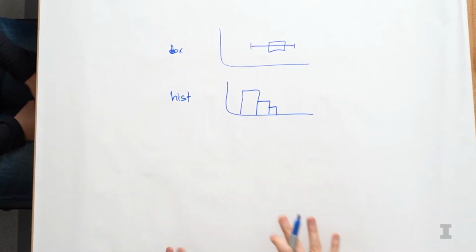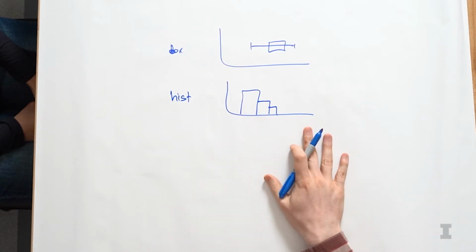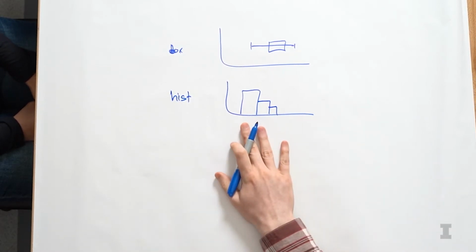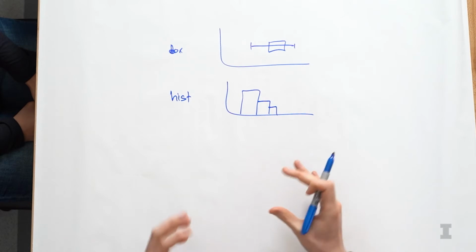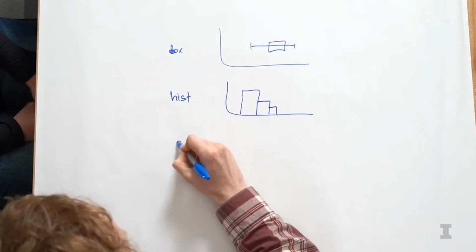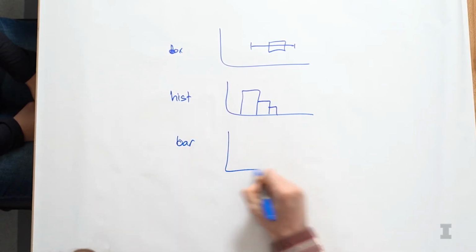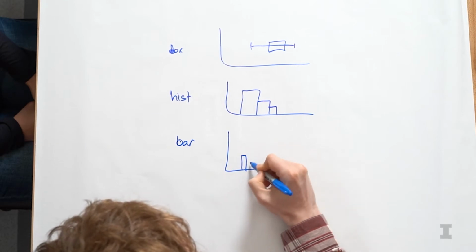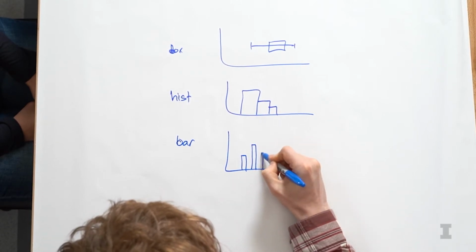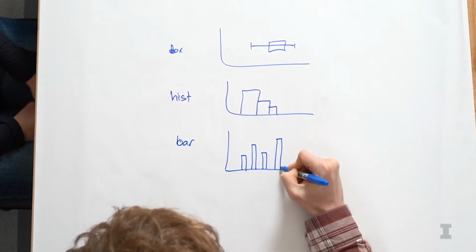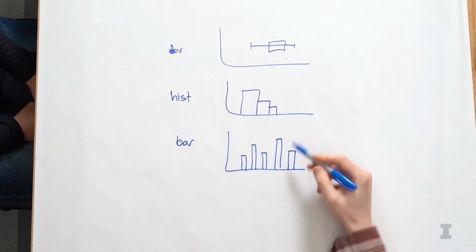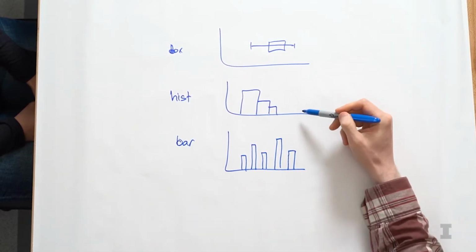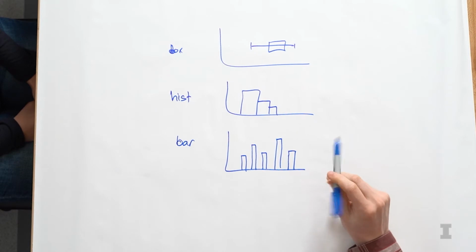And then histograms are somewhat similar to a bar chart, except histograms often will group data together into bins or buckets, whereas a bar chart is going to have the ability to simply have each individual value for a particular data point being graphed individually. And the biggest difference between a bar chart and a histogram is going to be the spacing between the bars.